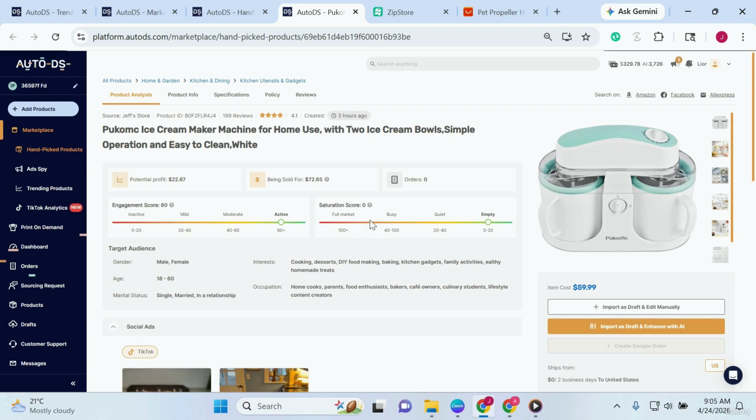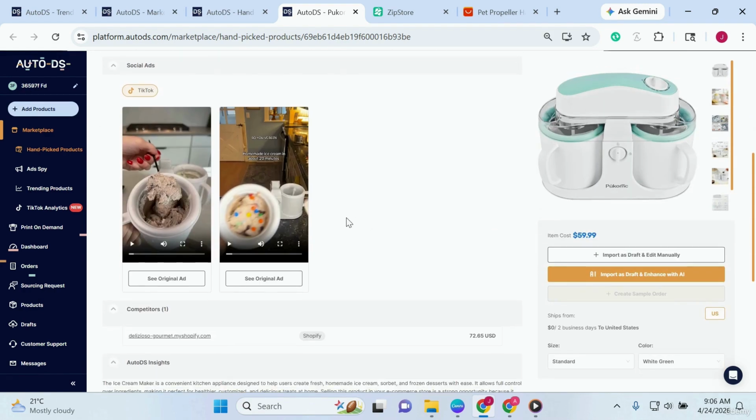And then you also see that you have a saturation score here too, which tells you how saturated the market is for that product. That's also very helpful. You want to weigh those two. Now, right now, a lot of people are buying products like these for picnics or outdoor activities. So this would be a great time to start offering a product like this. And then if you're going to run ads, you have a target audience section here, which is really helpful. That's going to help you figure out who to sell the product to and who to actually try to push that content or those ads to based on